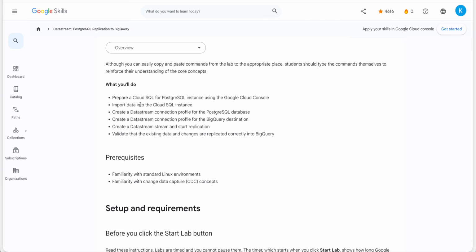We will prepare a Cloud SQL for PostgreSQL instance using the Google Cloud Console. This is the console actually. Then import data into the Cloud SQL instance, create a data stream connection profile for the PostgreSQL database, and again a connection profile for the BigQuery destination. PostgreSQL is going to be the source and BigQuery the destination in this lab. After that we will create a data stream